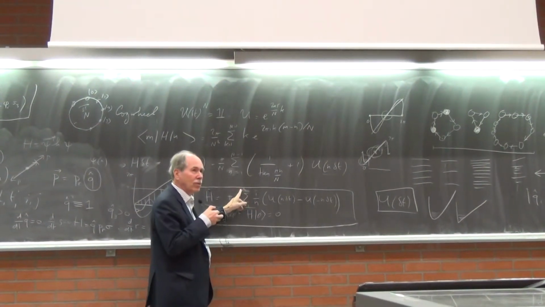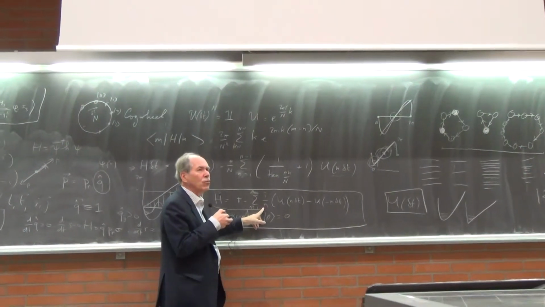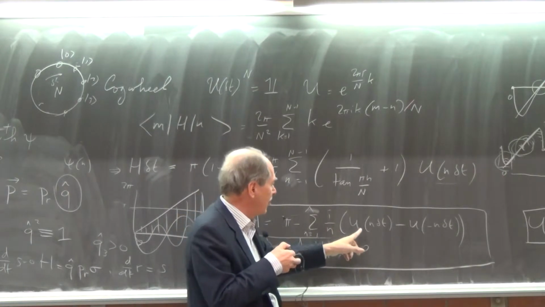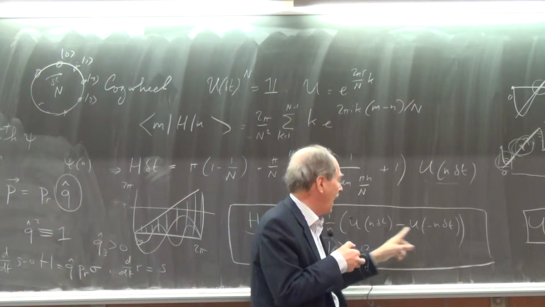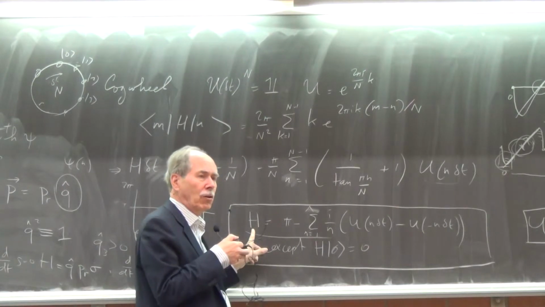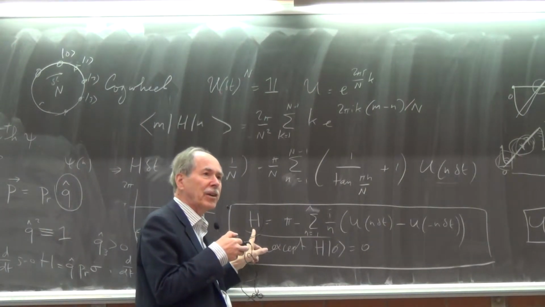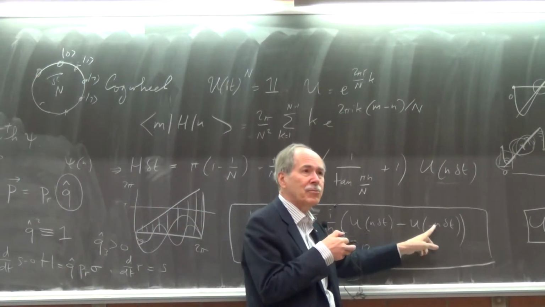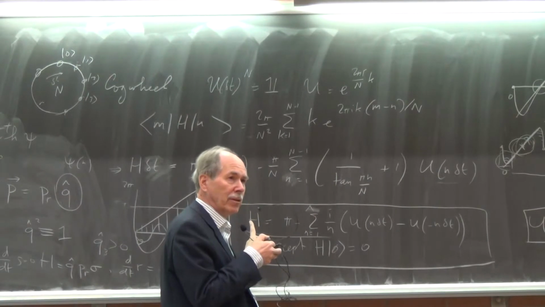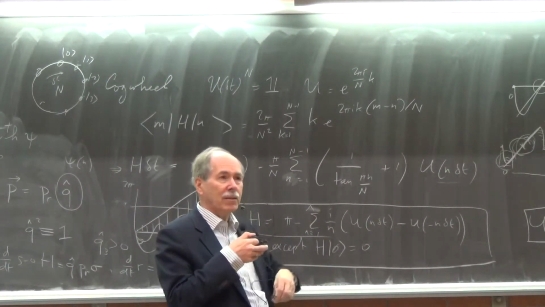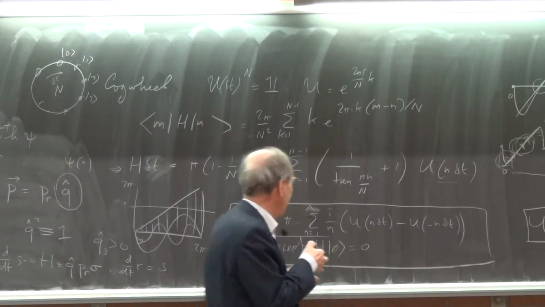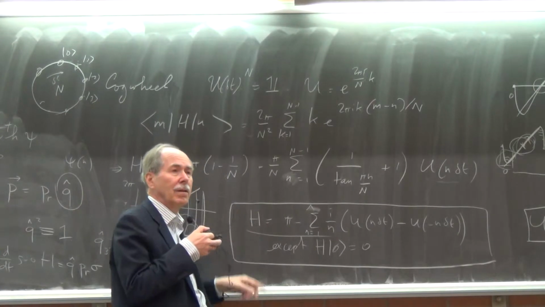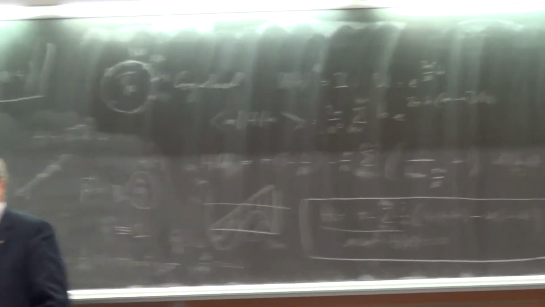The sum goes all the way to infinity, and 1 over n is too slowly converging. So the very, very large time steps enter into the definition of the Hamiltonian, which was supposed to describe only infinitesimal time steps. The Hamiltonian describes infinitesimal time steps, but you need very, very large time steps to define the Hamiltonian. The large time steps move a particle very far away from where it was. So that's why this Hamiltonian is not quite as local as I might want it to be. Okay, thanks. Other questions?